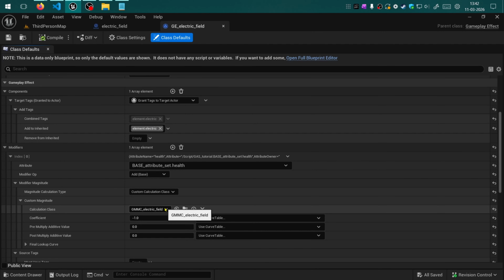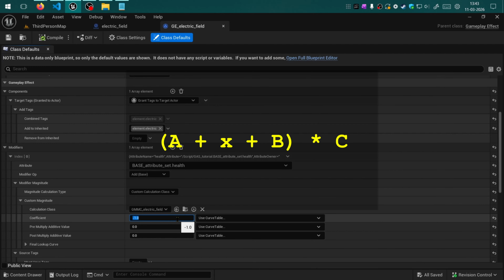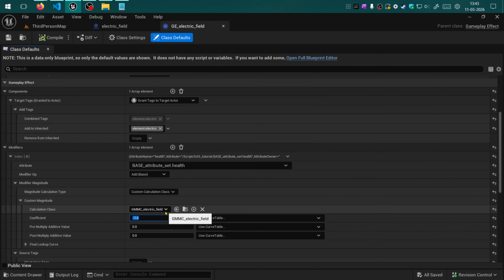So, as the name suggests, it is a special class that has a function that executes, which spits out a final value for this magnitude. This magnitude can undergo a couple more operations, like before and after additives, and the whole multiplied by a coefficient factor. Now, from Unreal Engine 5.2 or so, I'm not too sure, there is blueprint support for these Modifier Magnitude